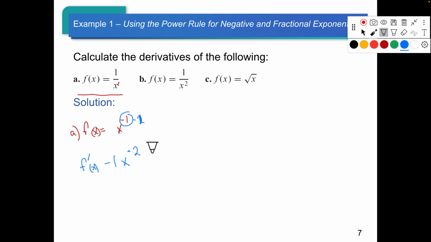You could then also rewrite this as negative 1 over x squared. So you'll be able to use both of them. Sometimes the question will ask for the answer with a positive exponent, so we have to go to this. Again, this is an algebra step, not a calculus step, but this is still a right answer, with multiple ways of writing things. Especially in the beginning, it's good to rewrite them with exponents,